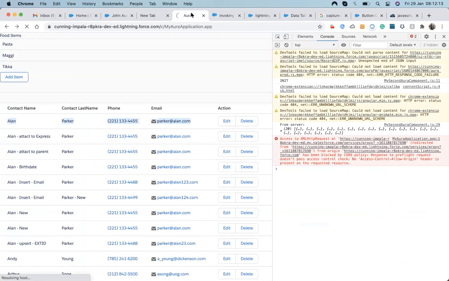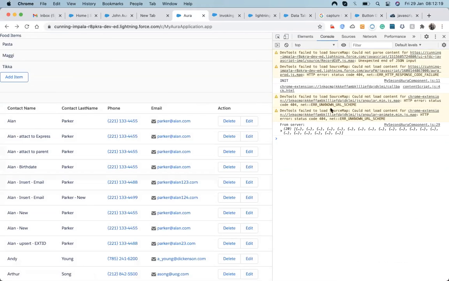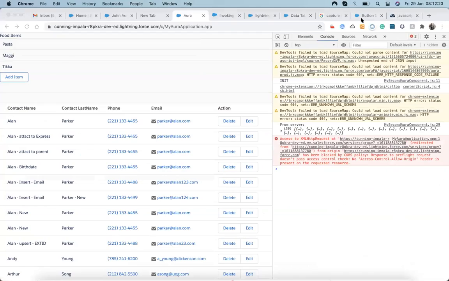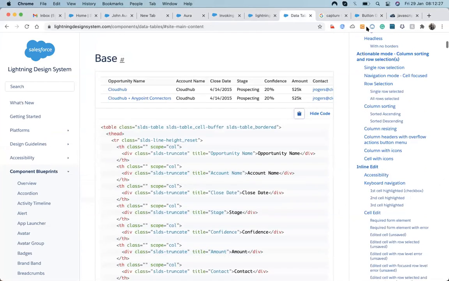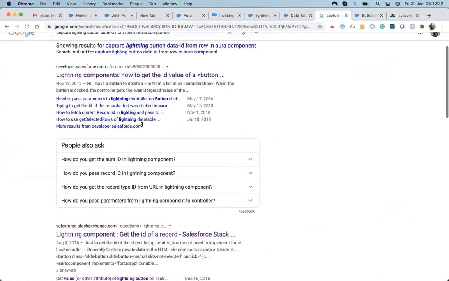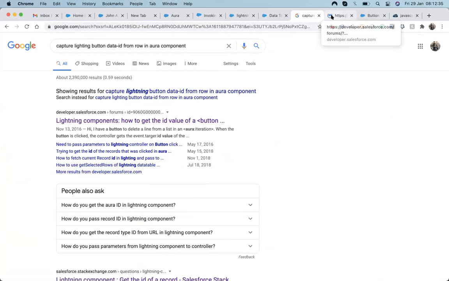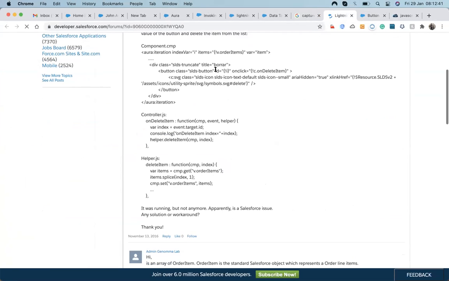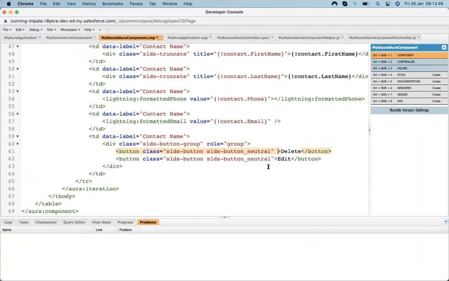Let's have a look. Let's add a data ID over here. The ID is coming from contact.id.